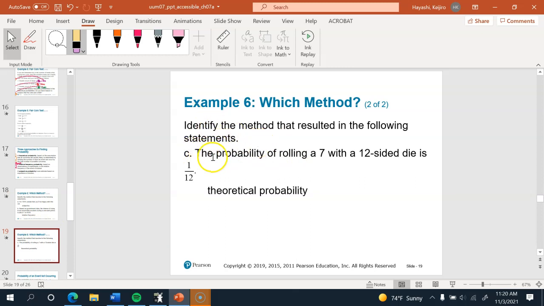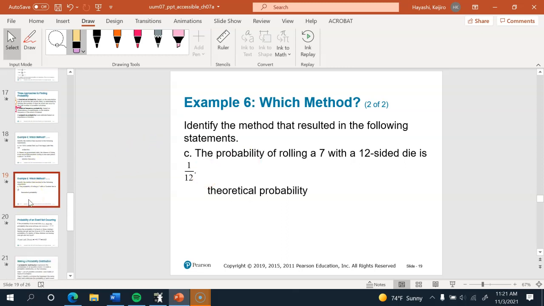And last, the statement: the probability of rolling a 7 with a 12-sided die is 1 out of 12, because a 7 is the number on one of the 12 faces. And that's a theoretical probability because it's not like they actually rolled a 12-sided die a bunch of times and measured the number of times that it came up 7. They're just saying, in a theoretical sense, assuming a fair 12-sided die, that probability is 1 out of 12 because it's 1 out of the 12 faces. So those are all the differences between the different kinds of probabilities that there are.